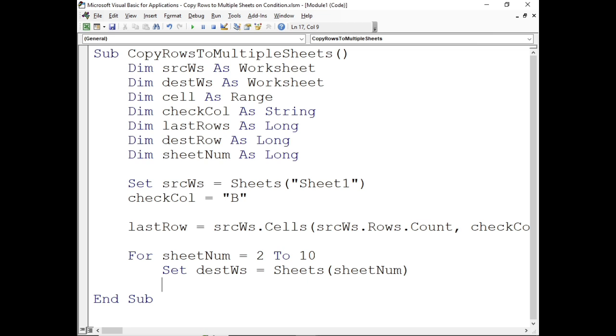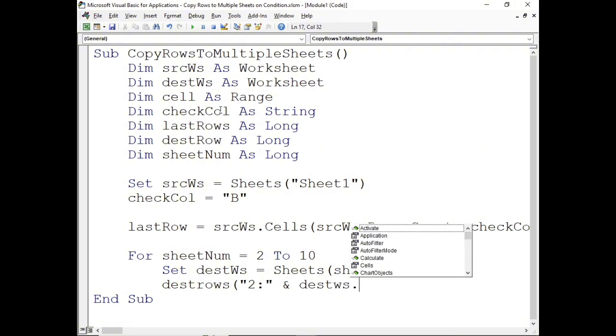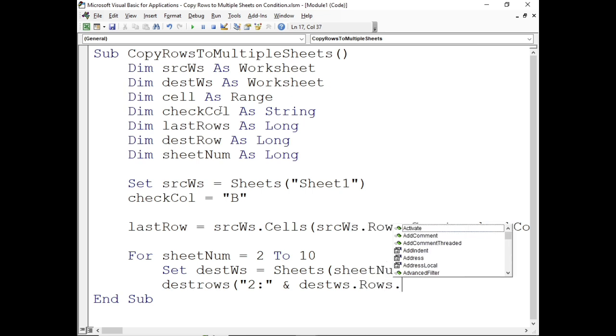So I'm gonna say this rows, then open parenthesis, quotation mark, number 2, colon, quotation mark, then ampersand, then this ws dot rows dot count, then close parenthesis, dot clear contents,